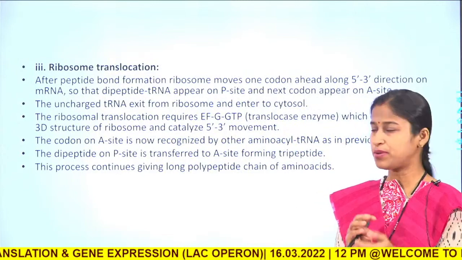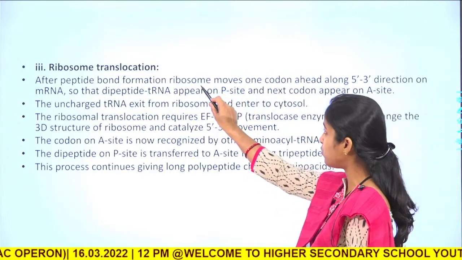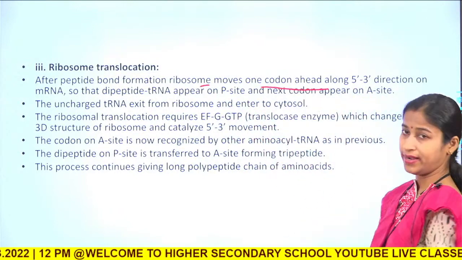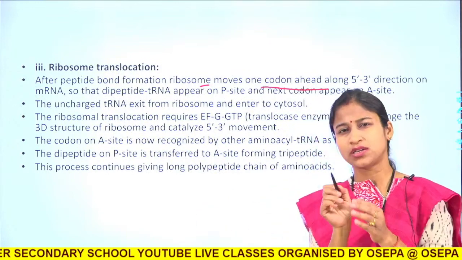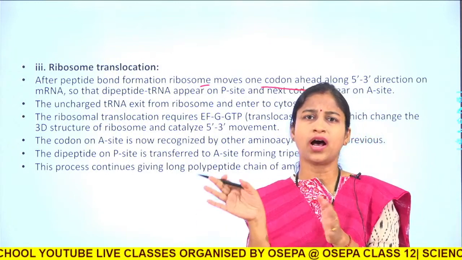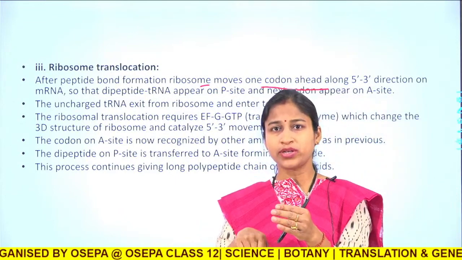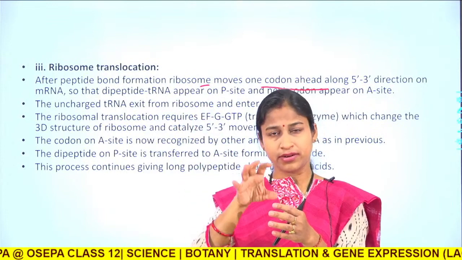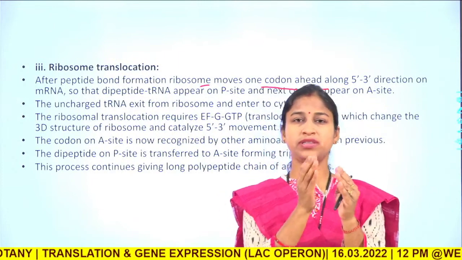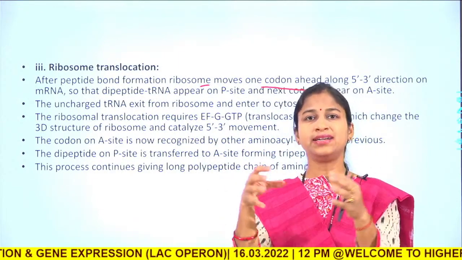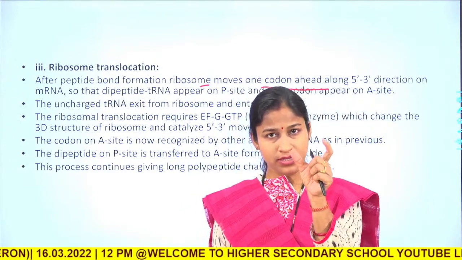So what are the steps of ribosomal translocation? Let us see. After peptide bond formation, the ribosome moves one codon ahead. It doesn't jump over codon after codon, it will just slowly slide one codon ahead. So the codon which codes for a specific amino acid will bring the respective tRNA, and there will be a peptide bond formation between this dipeptide and the amino acid, and a tripeptide will be formed. Next, this tripeptidyl-carrying tRNA